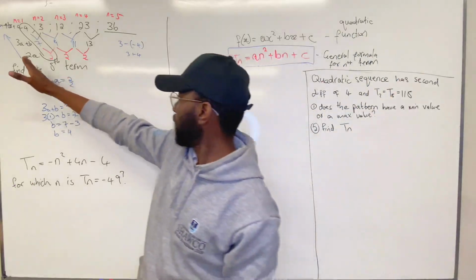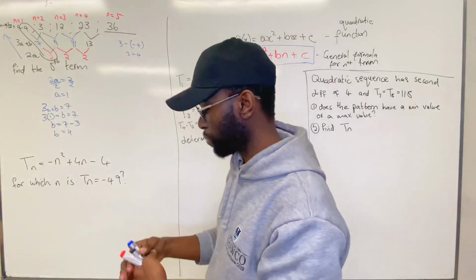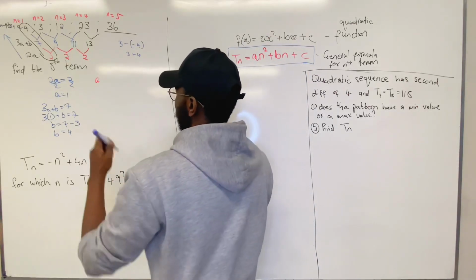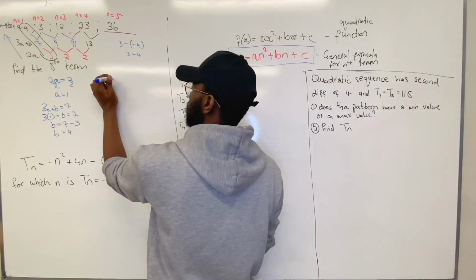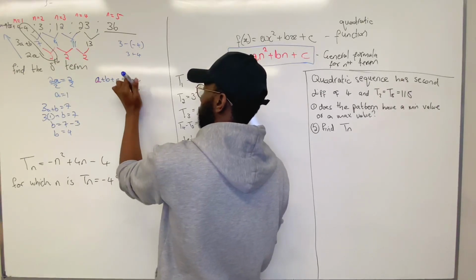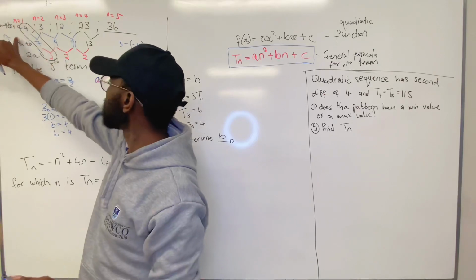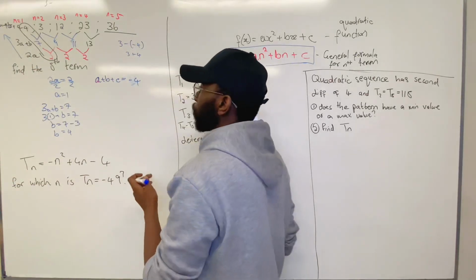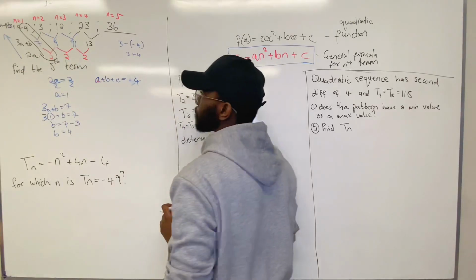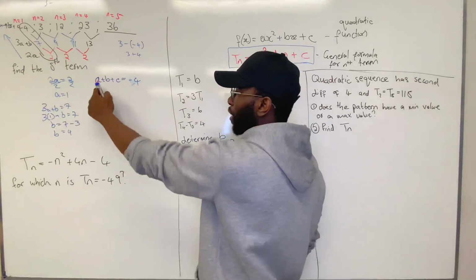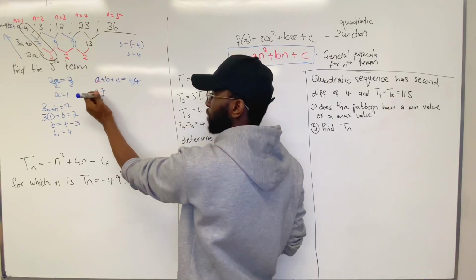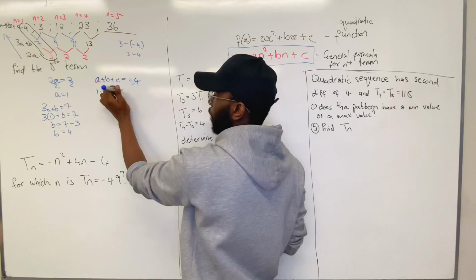We then move again in that direction to a plus b plus c. Now, a plus b plus c is equal to minus 4. This term, this is a negative 4. So 2a, 3a plus b, and a plus b plus c. We already have the value of a and we have the value of b. A is 1 and b is 4. So